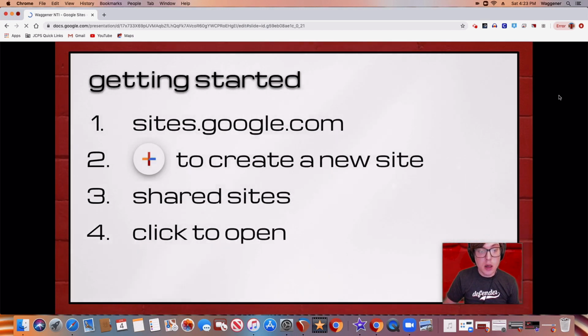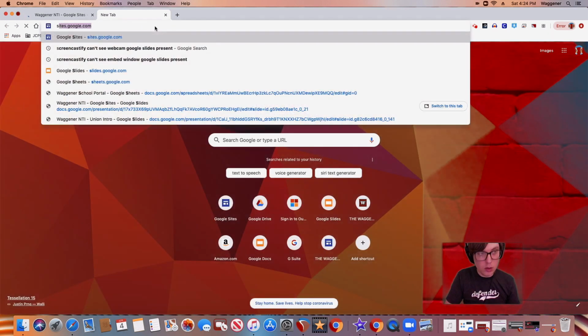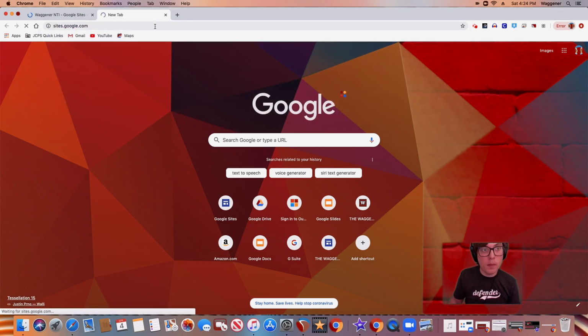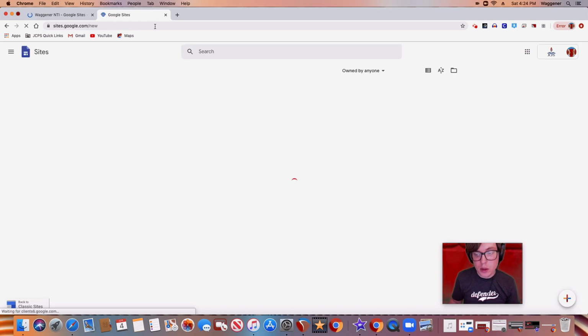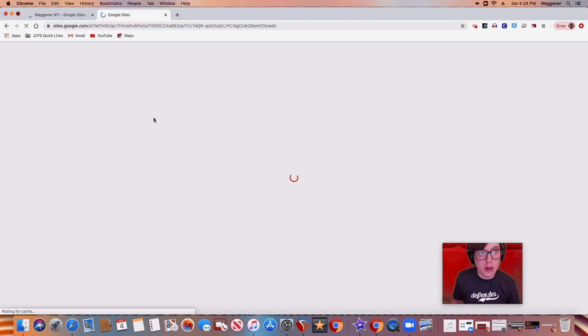Okay, couple of ways to get into the union. The first one would be to just go to sites.google.com. Now I've shared it with you, so you should be able to see the union in there. It's probably the first thing in there because I've shared it so recently. At that point, you can just click on that and it will get you in to the edit